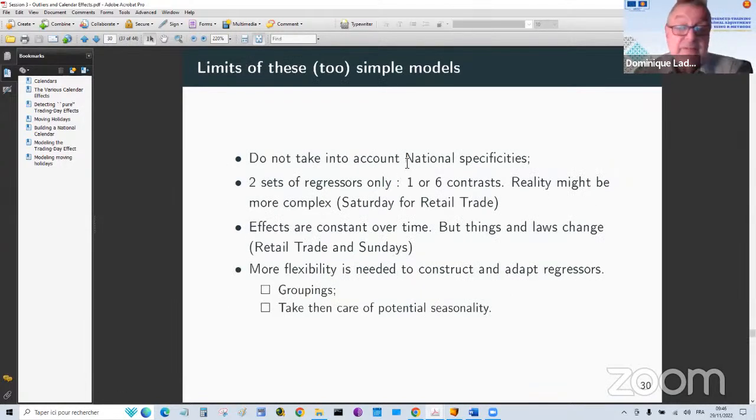But these models are too simple and they do not take into account, for example, the national specificities. They do not take into account the national holidays. They have 2 sets of regressors only, 1 or 6 contrasts, and reality is usually more complex. The effects are constant over time, but things and laws change. For example, in France, in Europe,